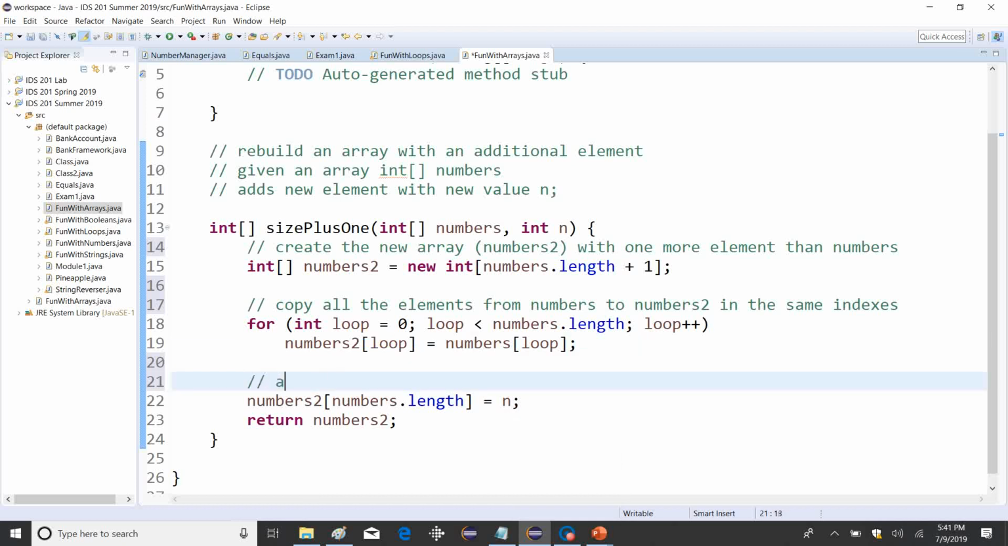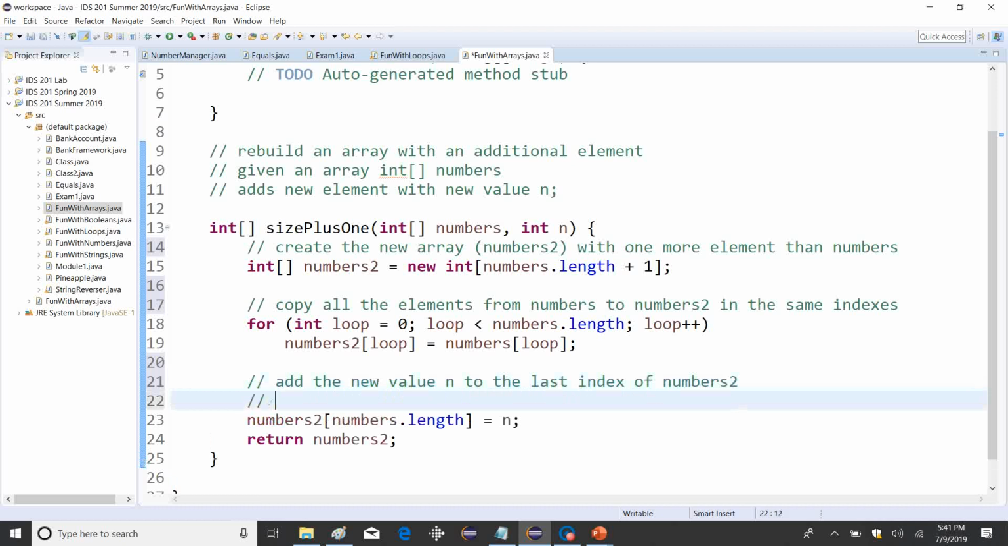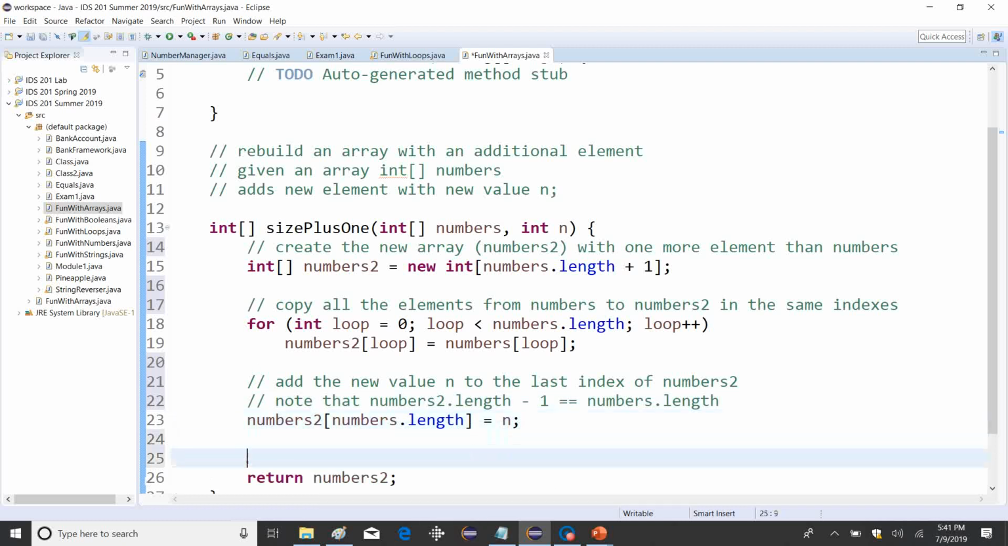Then, add the new value n to the last index of numbers2. Note that numbers2 dot length minus 1 is equal to numbers dot length. Okay, because numbers2 has one more, right? Numbers dot length is equivalent to numbers2 dot length minus 1, because it's one bigger. And then last, this method will return the new, larger,